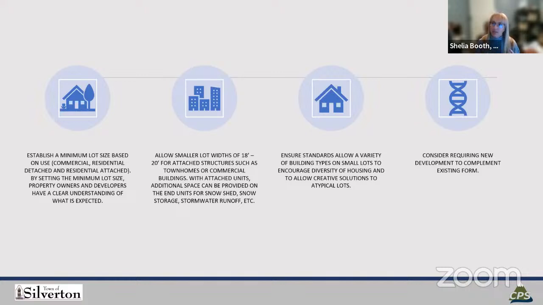So try to be in keeping with what the existing form is in the infill development, and then allow a lot of creative housing types. Instead of just limiting it to 2-plex, 4-plex, maybe there's someone who has a creative idea of doing studio apartments in a one building structure, just making sure we allow creativity for the housing, even possibly the commercial, just to make sure it all fits.